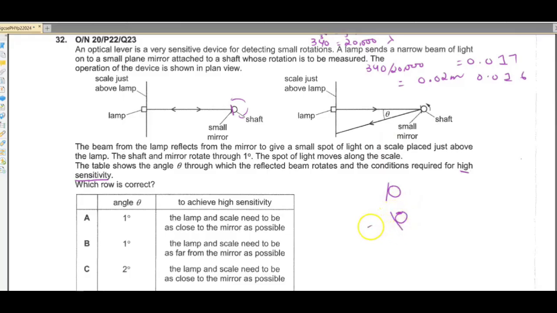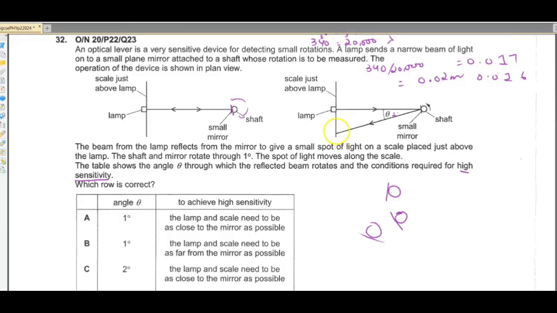Okay, if the shaft rotates a little more, then the position of the mirror can be like this as well. Now this is the position when the ray of light comes to the mirror and then gets reflected at an angle. Okay, this angle right now is 1 degree. Over here there was no angle, so it was reflected back, as you can see the arrows moving back and forth. Okay. Now if you've understood this, if you want the table to show the angle through which the reflected beam rotates and the conditions required for high sensitivity, if you want this to rotate as well, you want the beam